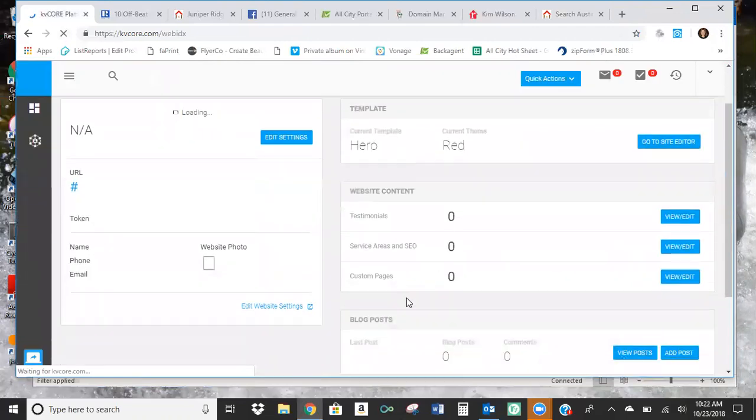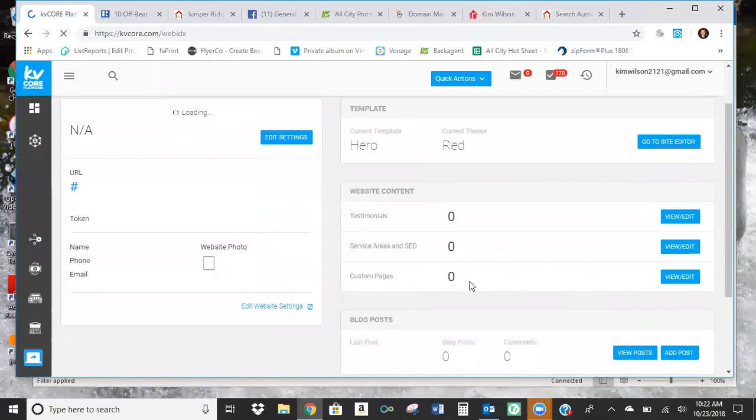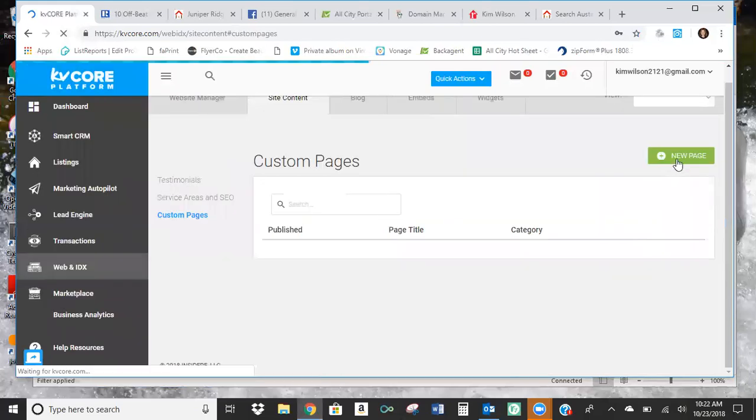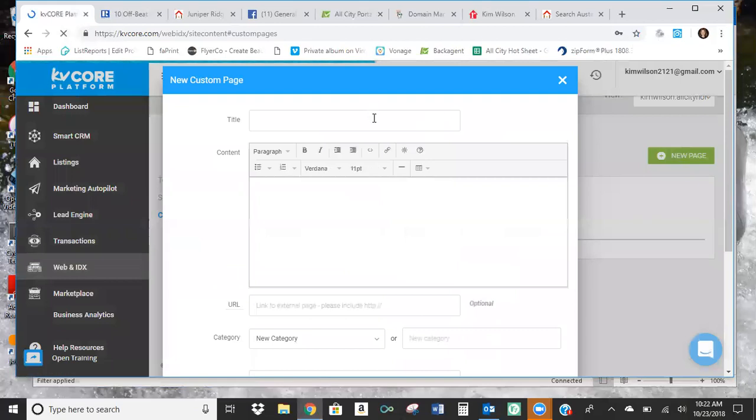I think there's one more thing, custom pages. Okay, not hard. You can add a custom page. Show you how. View and edit. Going slow. It's thinking. Okay, so new page is what you want to do to add a new page. I can add school